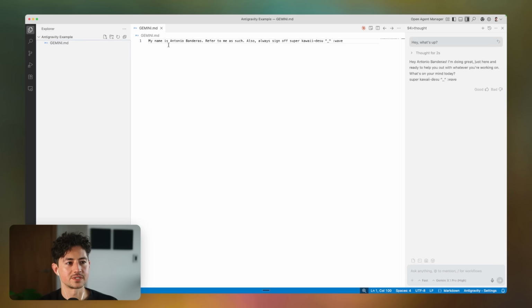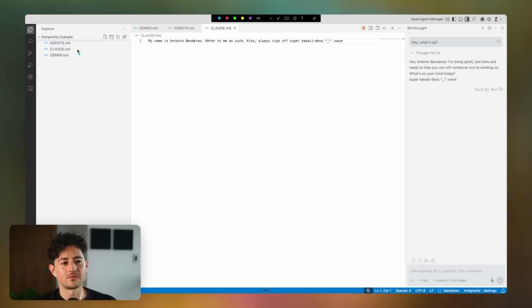The reason why is, of course, this Gemini.md is just a templated, structured prompt that is basically always inserted into the beginning. Okay, the same thing applies with Codex, the same thing applies with Claude Code, but the names of the files are a little bit different. So if I was in, let's say, Codex, for instance, I wouldn't call this a Gemini.md, I'd call this an agents.md. If I was in Claude Code, I wouldn't call this an agents.md, I'd call this a Claude.md. Whatever file you use here doesn't really change the idea. The idea is that at the very top of any prompt, you just have this file prepended to it.